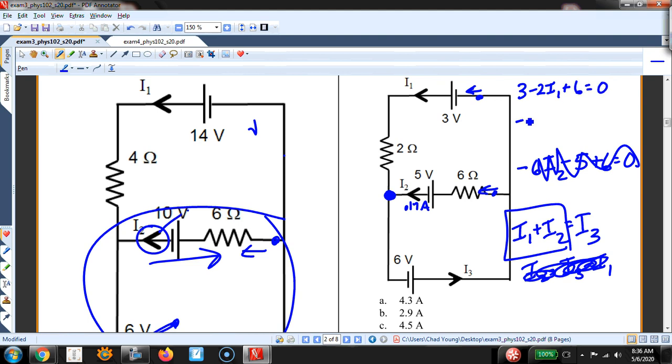And so minus 2I1 equals minus 9. I1 equals 4.5. And so to find I3, I do the sum of 4.5